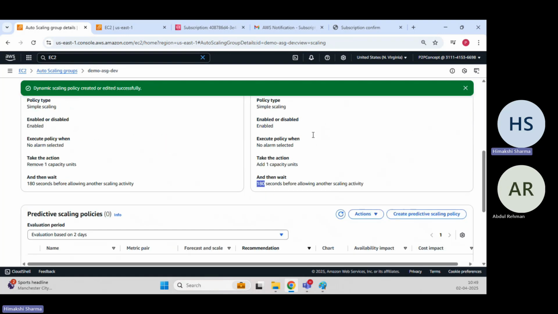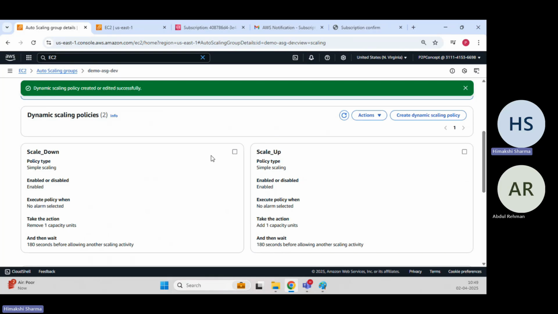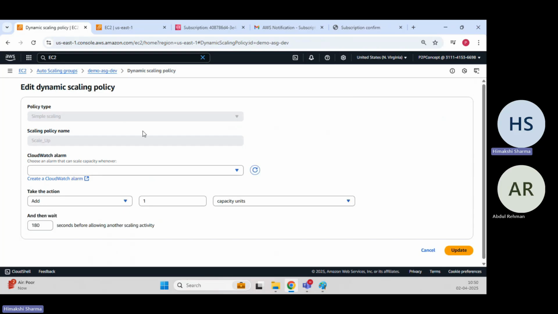Now, if you remember in our previous session, what we did, we were getting this executed manually, right? Now, I don't want to get them executed manually. I want them to be executed based on utilization. So how will we be configuring that? To do that, here I will go on actions and I will click on edit. Once I click on edit, here we have something to create a CloudWatch alarm. So I'll be clicking here and after that,